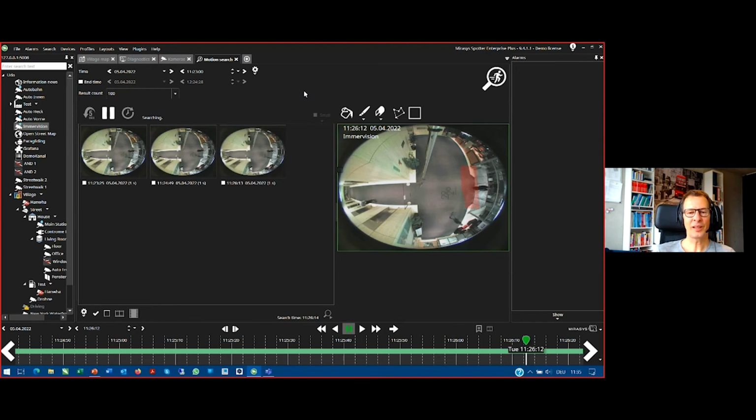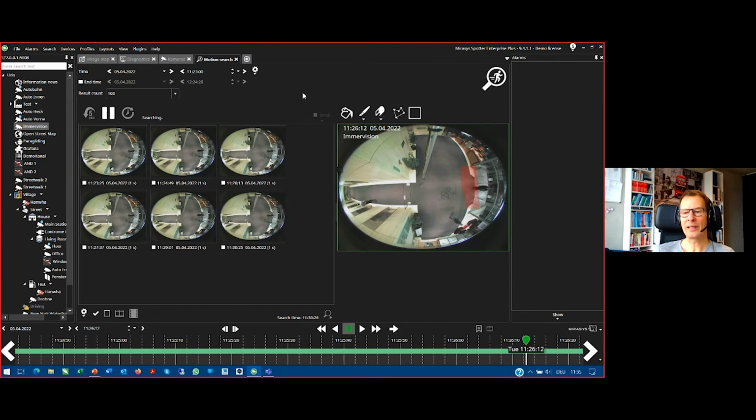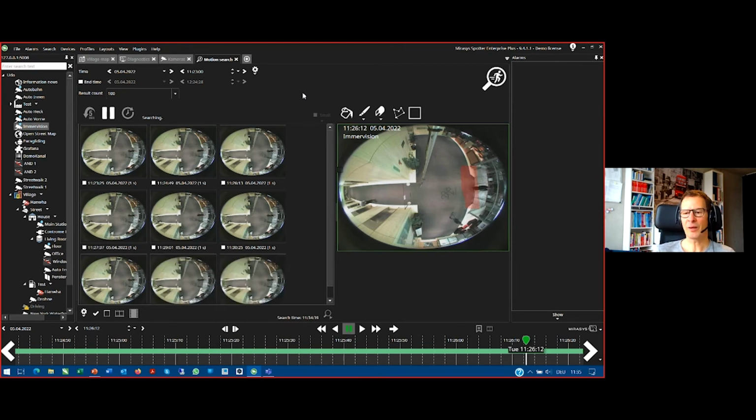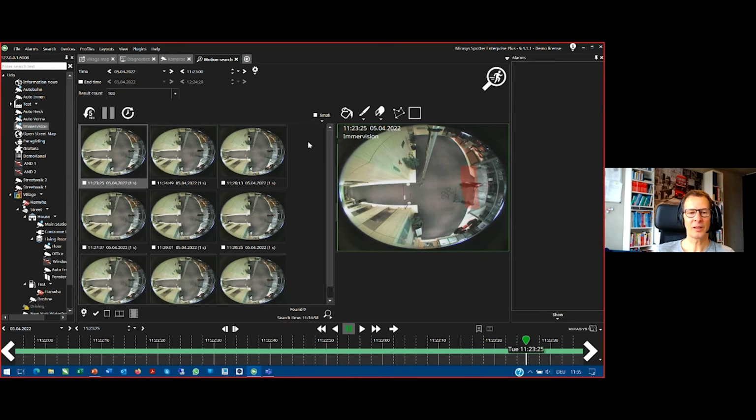So a very sophisticated and easy to use tool to create a motion search scenario, to adapt a motion search scenario in a very easy way, and to restart the search with different settings. So if you see, for example, that it is not working, you can drop down the sensitivity or change the quantity, changing the detection mode to get better results out of this. Yeah, and to get the right results.